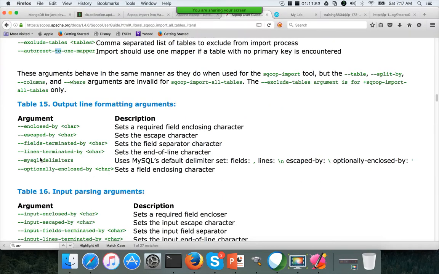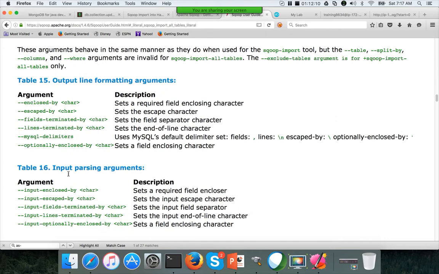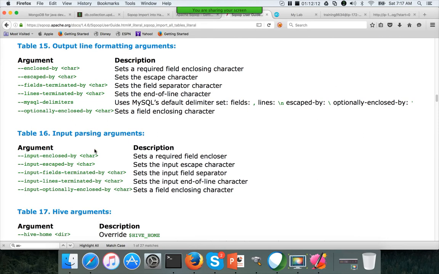The difference between enclosed by and optionally enclosed by is that enclosed by will enclose each and every field, whereas optionally enclosed by will only enclose those values which have delimiters in them.